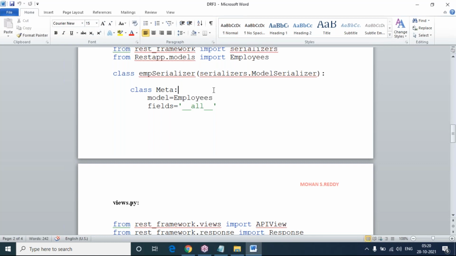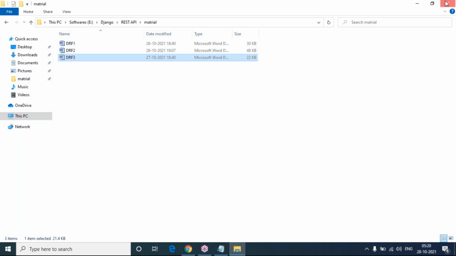Serializer. DRF, Django REST framework, provides a serializer class which gives you a powerful way to control the output of your response. Who is going to be responsible? This serializer class is going to be responsible here. So let's try to create one project here. I'm going to show you a clear step-by-step approach of how to do the serialization with a class, with a function based view. Let me close this documentation.